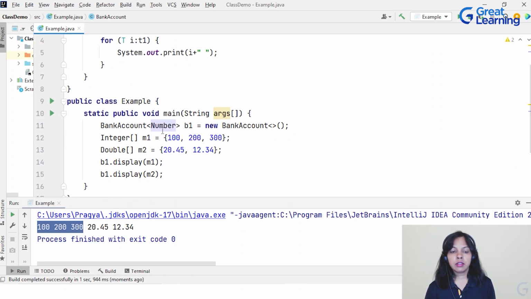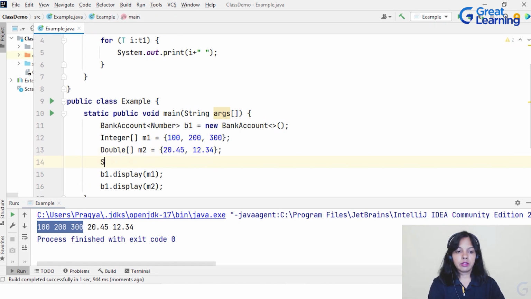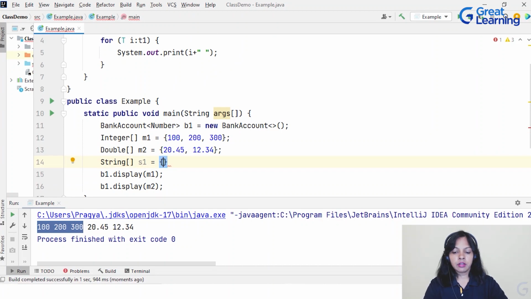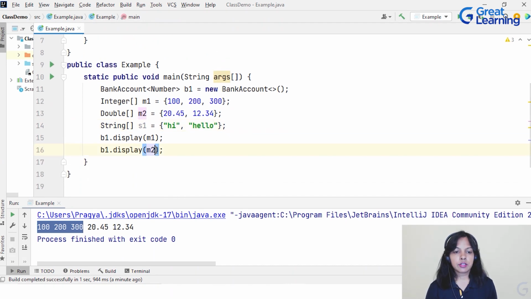But if I pass a string type array here, a string type one-dimensional array, suppose s1 equals, I'll just define it itself, hi and hello. Suppose these two are the values, that's it. So in that case, what happened? Now if I pass s1 to the display method, it is going to throw an error because